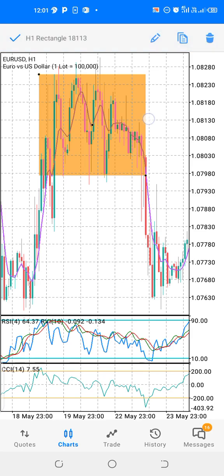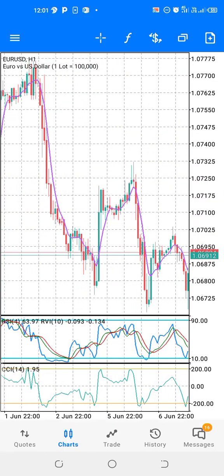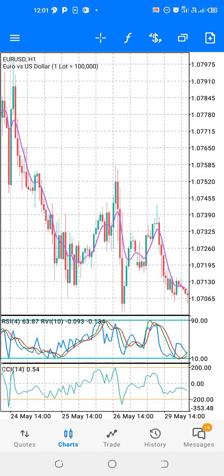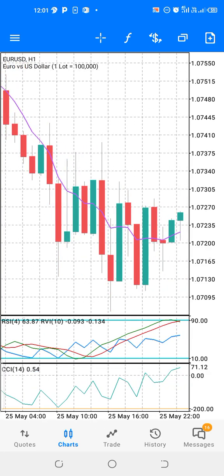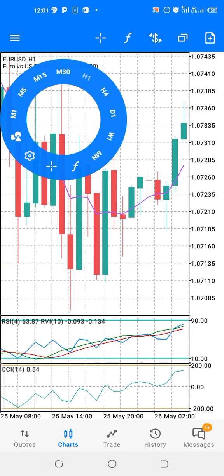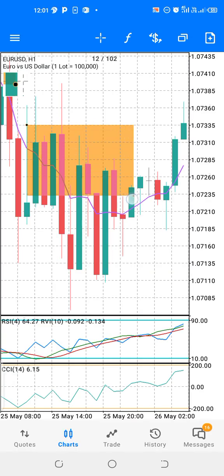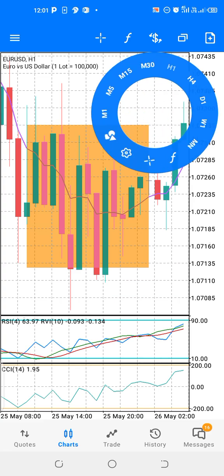I'm going to explain to you about the choppy market or choppy trade. This is an example of a choppy trade. Let me identify it so that you can understand better. This is a choppy trade,